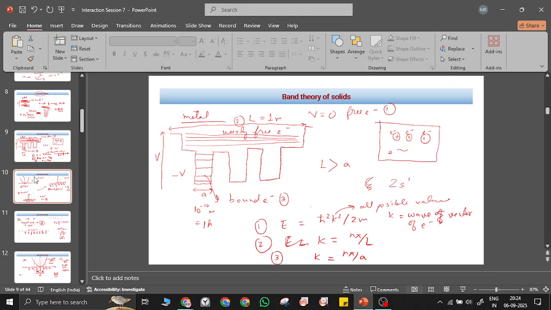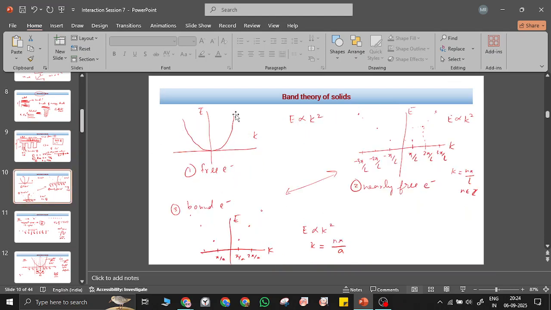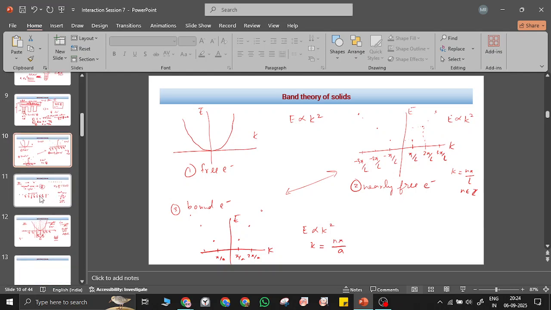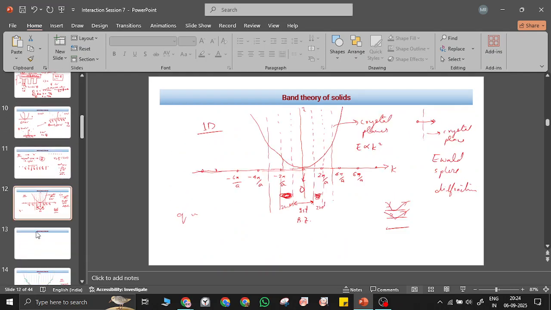Although for free electrons the E versus K graph will look like a parabola, when the electron starts becoming localized, then the energy levels become discrete and are not continuous anymore. Because of that, we start seeing